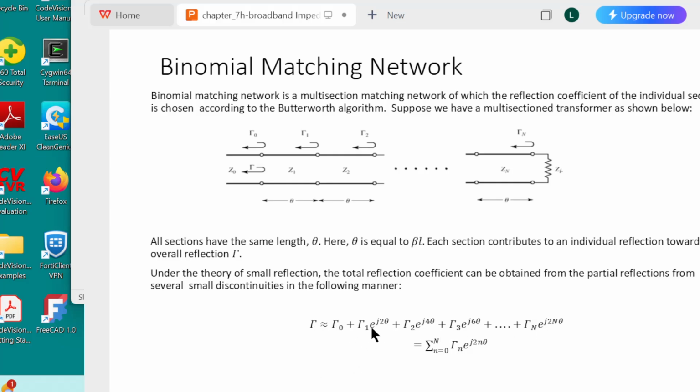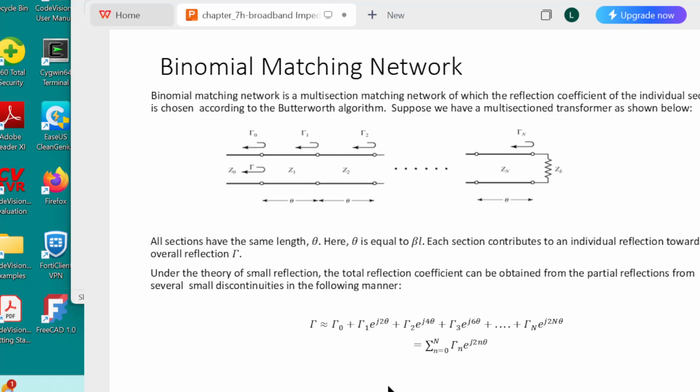There you have gamma naught, and then the next stage, gamma 1 times e to the power of minus j 2 theta, followed by gamma 2 times e to the power of minus j 4 theta, and then we just move on forever. So this is the total reflection coefficient calculated for multi-section